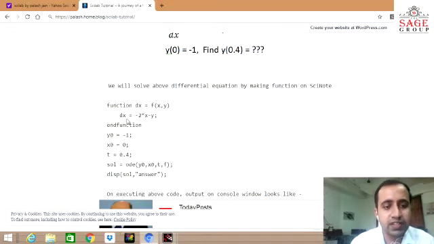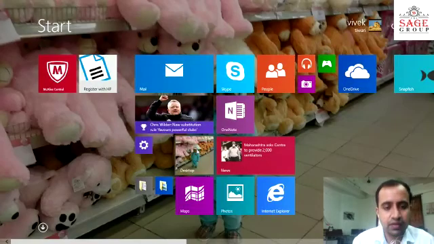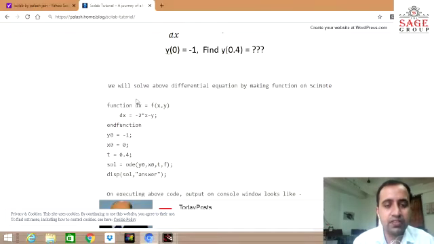Our condition is dy/dx equal to minus 2 into x minus y. This condition is already given in our question. Now you see that we have the end function here. And the next step we have written is y of 0 is equal to -1. This is already given in the question, so we have written it as it is. Semicolon we will use. Next is x0 is equal to 0. Here we have initialized the condition, and we have to find the y of t.